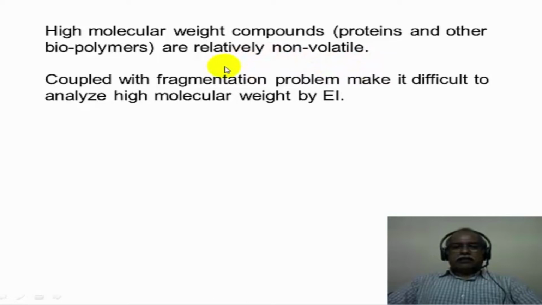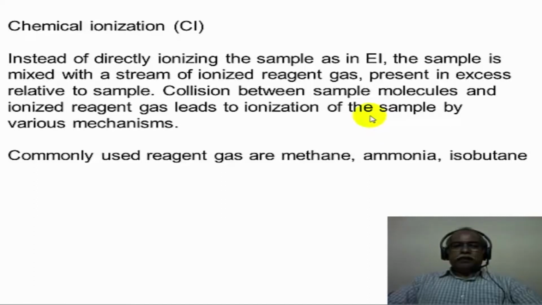In addition to that, it is difficult to keep the molecular ion from fragmentation. So the fragmentation process makes it difficult for the analysis of high molecular weight compounds by electron impact ionization. This is where electrospray ionization mass spectrometry and MALDI mass spectrometry come in handy, because under those conditions, which are considered to be softer ionization techniques, the ions that are produced do not undergo extensive fragmentation.